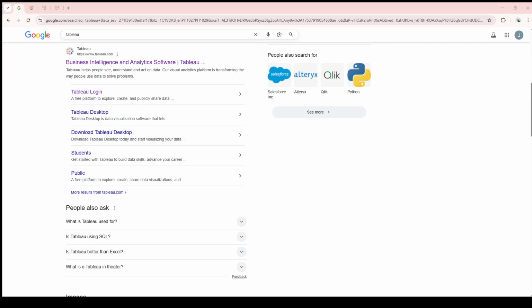In today's video, I'm going to teach you how to apply an action filter in Tableau. We all know how powerful Tableau can be in transforming data into actionable insights, and learning how to use action filters can really elevate your data visualization game. Whether you're new to Tableau or just looking to sharpen your skills, this guide will walk you through the process